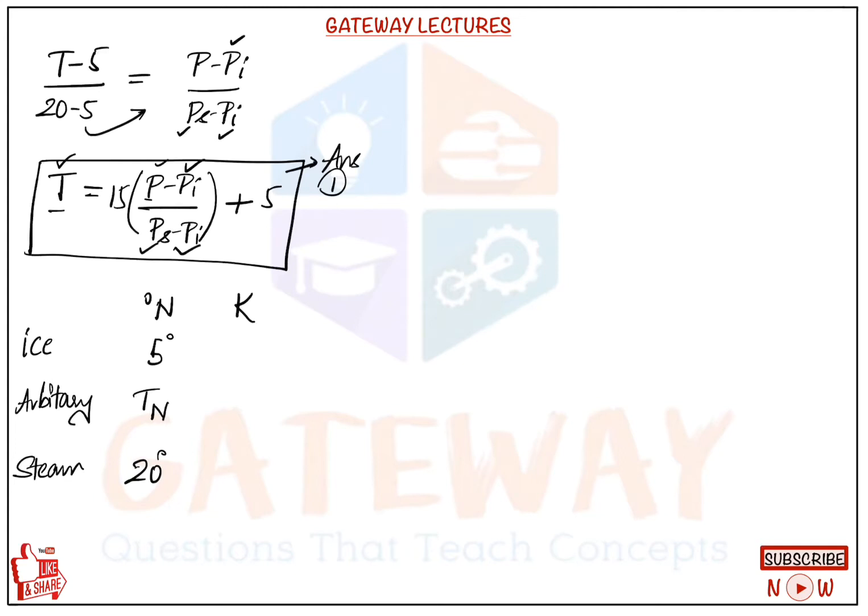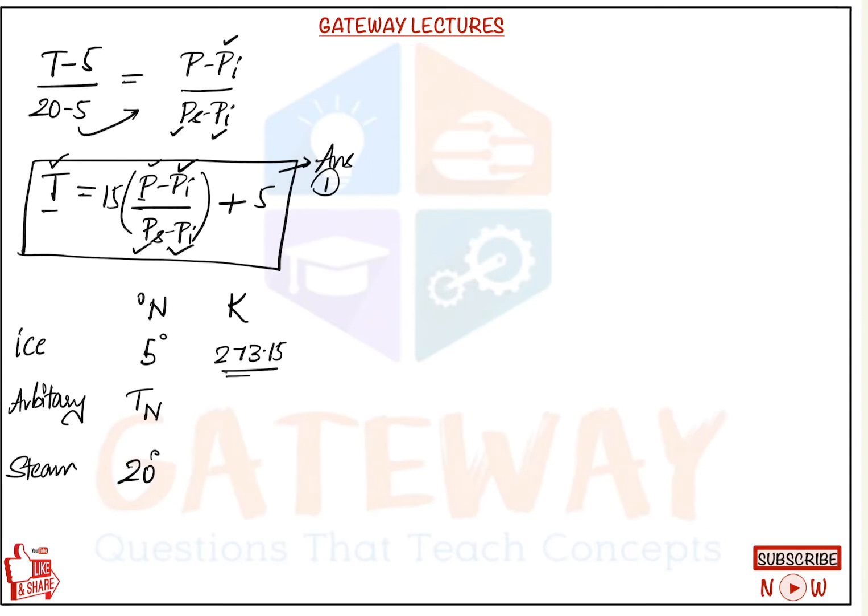Coming to Kelvin, the ice point in Kelvin will be 273.15. In the 1990s, when the standard for these temperature scales was set, they changed that value from 273.15 to 273.16, because they took the ice point of water as 0.01 degrees centigrade, but generally for standard relations we have been using 273.15, so we'll continue with this. The arbitrary value is Tk, and the steam point was not changed, it is 100 degrees centigrade, 373.15 Kelvin. And from here we'll use the interpolation technique.